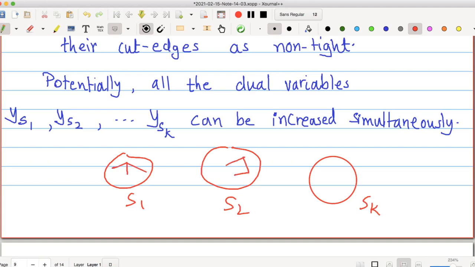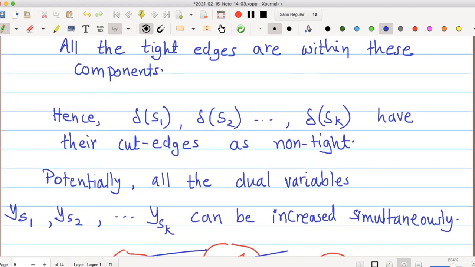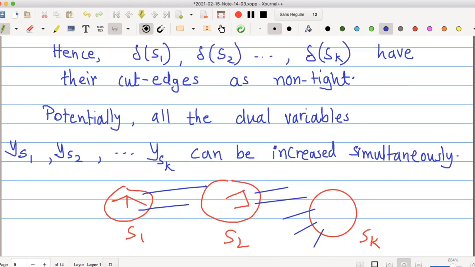Any edges which go across S1, across S2 to some other component are non-tight. That's why all the edges in delta S1, delta S2, delta Sk are non-tight, and that's why these variables yS1, yS2, ySk can be increased simultaneously. The plan is to increase them simultaneously.